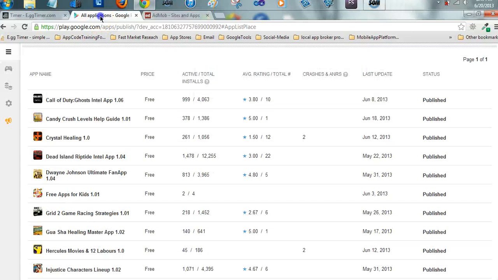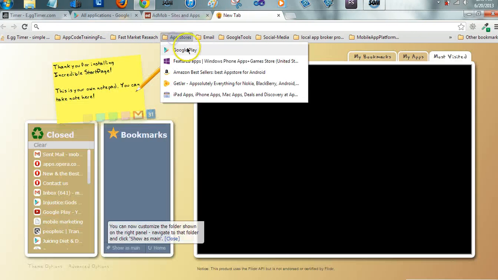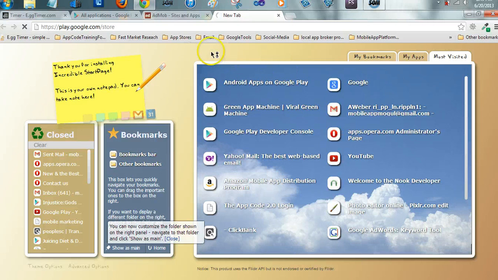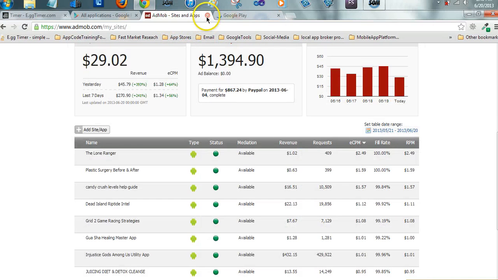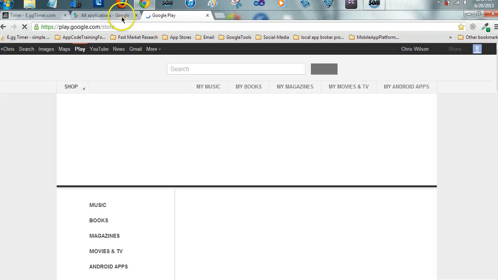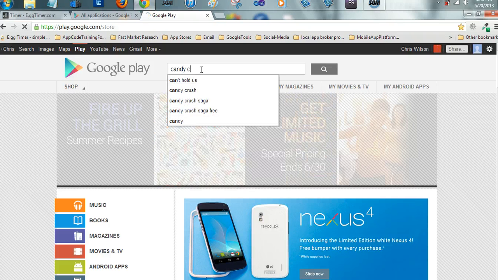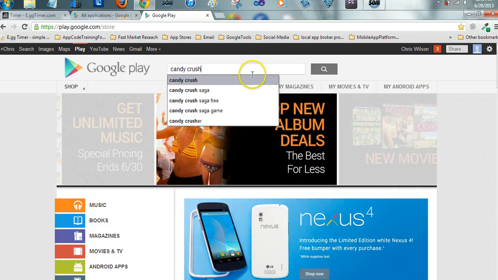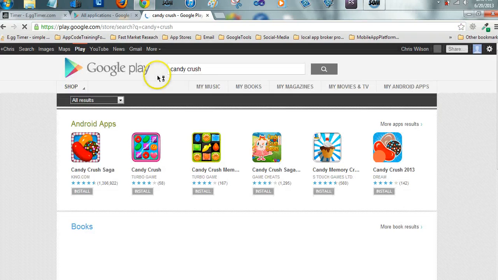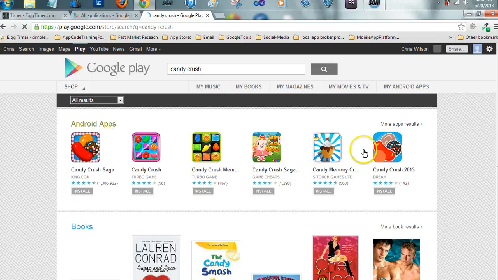Okay, let's see where our practice app is ranking in the Google Play market. I believe it did move up a couple steps, or a couple pages I should say. And let's see, first let's type in Candy Crush, and let's see. This is the regular Google Play store, which has music, books, and everything. But let's see if our app will rank in there. No, it's not gonna rank in there. Okay, but let's go ahead and click Android apps,